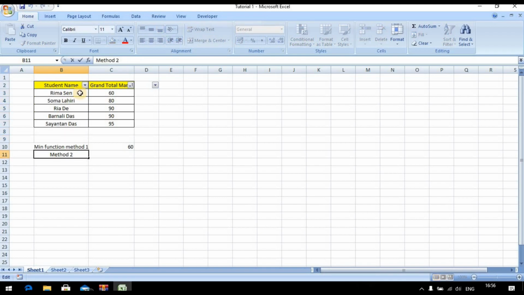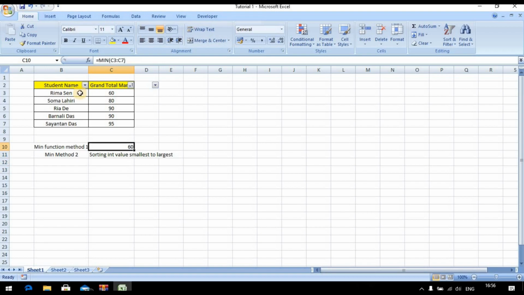We'll write down for our reference: minimum method 2 is just sorting, integer value, smallest to largest.